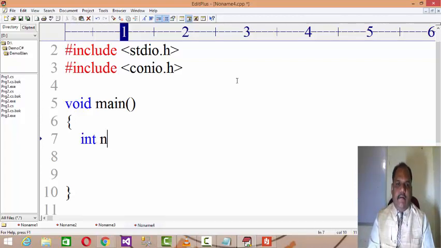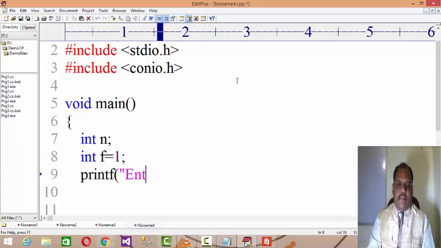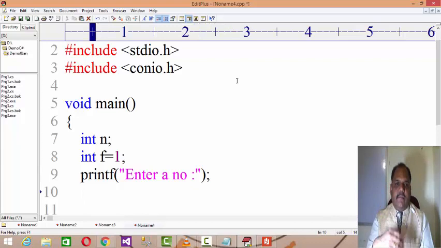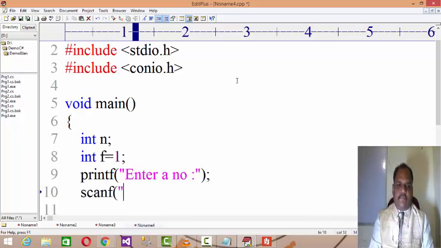So int n, and you declare int f equals to 1, right? And then you ask the user to enter the number. All the steps which I wrote in the algorithm, I am implementing using a programming language. I can write the code in any other language as well. Then you scan the value.